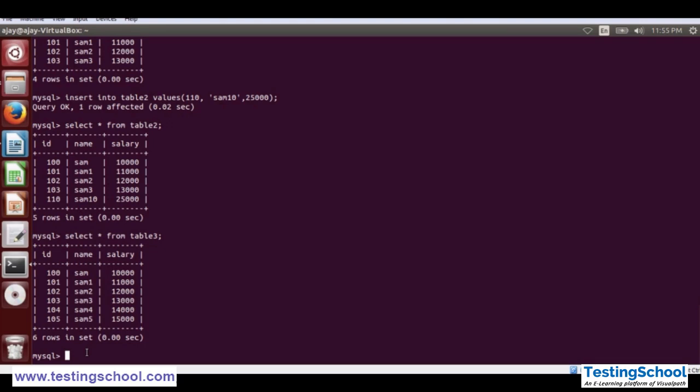So what is left outer join? Left outer join is the join which takes all records from the left table and the records that are matched from the right table. The query would be, let's say, creating any join. I'm putting a dot id. So I'm taking the table, let's say table 2, the alias would be a. So I'm taking a dot id and a dot name. Then the third column is a dot salary,